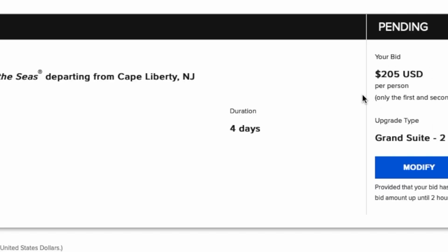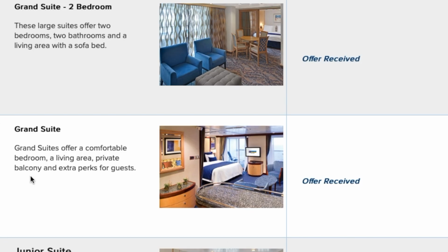And even if you bid $5 or $10 over minimum on a Crown Loft suite on Oasis of the Seas, you can still win. Your minimum might have been very low and you might be thinking, oh, there's no chance. Guess what, guys? I've heard stories of people winning grand suites for $200 per person, which comes out to $400